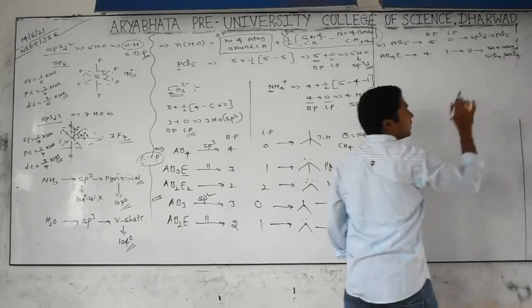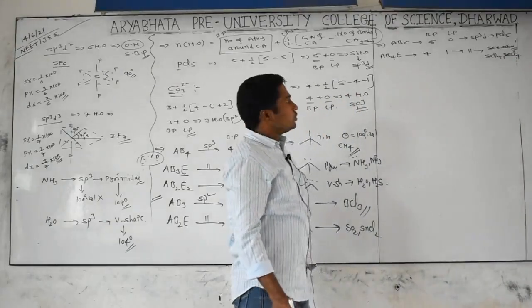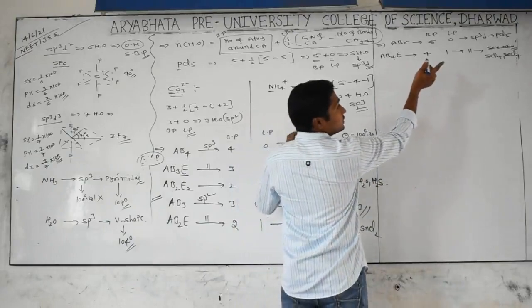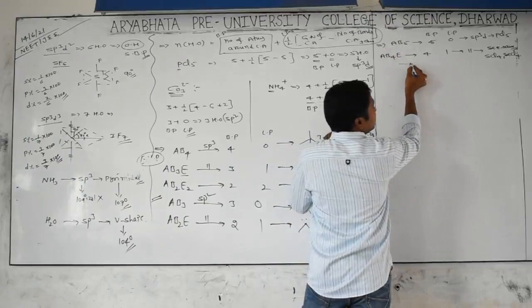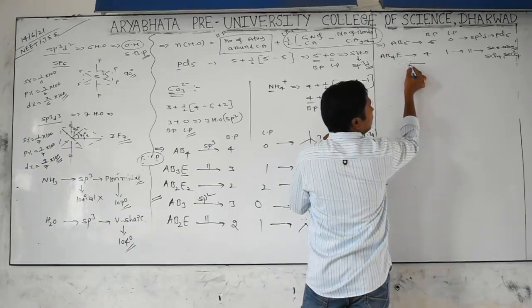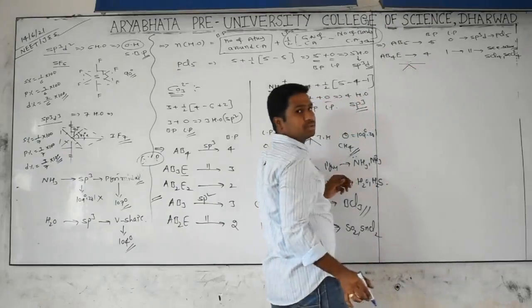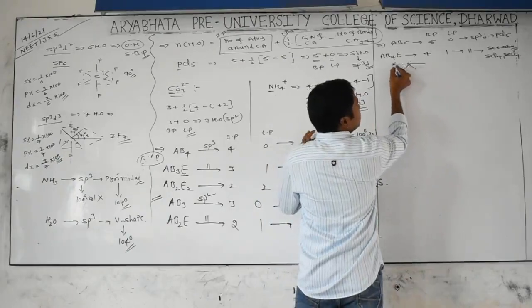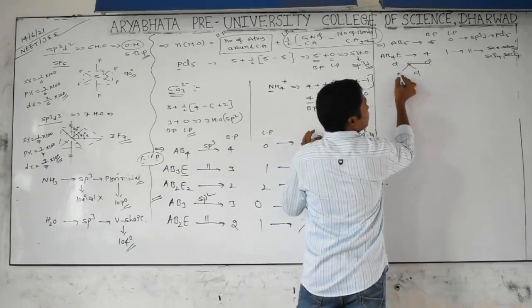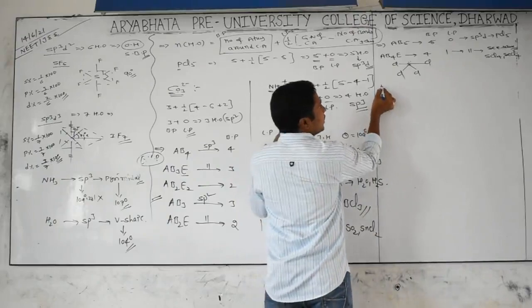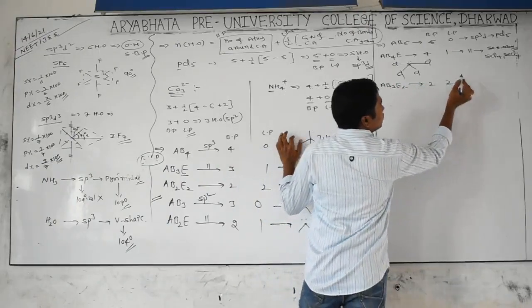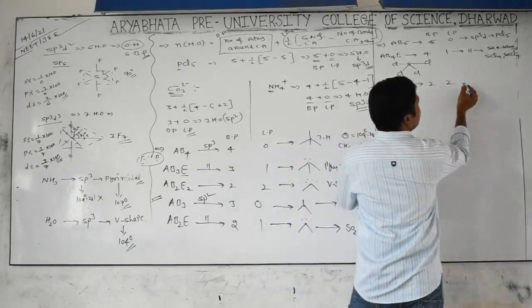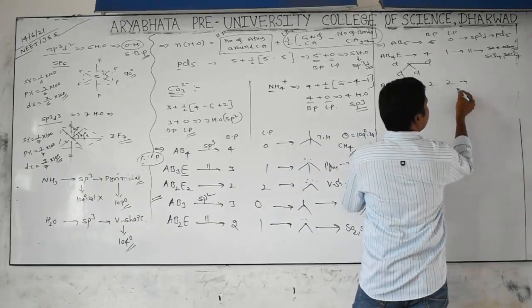Apply the formula and you will get it. Seesaw shape means we have to cut one equatorial bond. This bond is axial as usual, this bond is equatorial, you cut it and we get this seesaw shape. SCl4 means S, Cl, Cl, Cl and Cl. And after that we have AB3E2, which means 3 bonds. The hybridization is the same, and we cut one more bond.